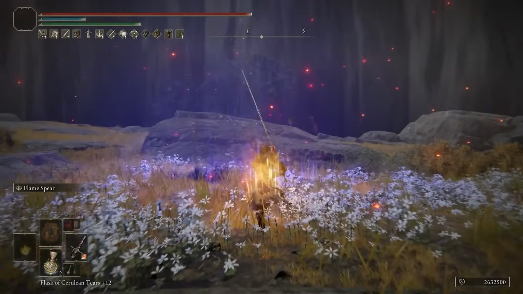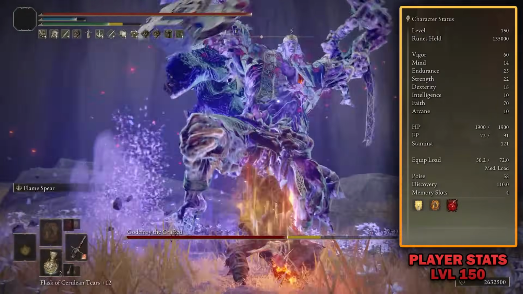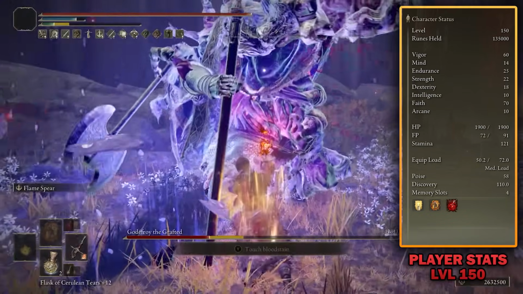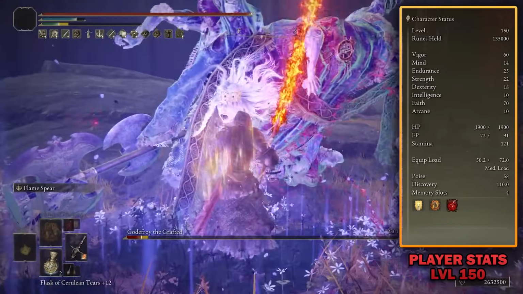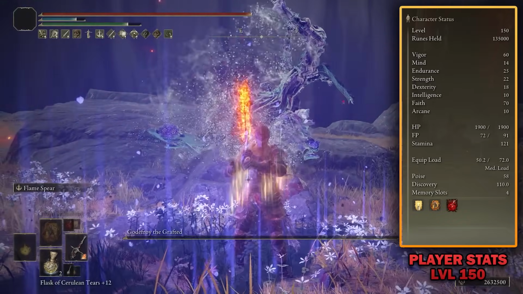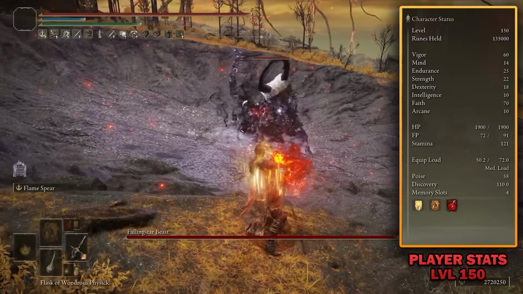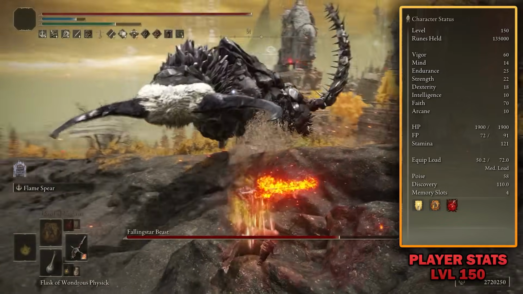But of course, to mimic this crazy damage that we're dealing, here are the stats that I was using for the build, and again, as always with these videos, it is a level 150 character. As you can see, we've got 60 points of vigor in this build, 14 mind, 25 endurance, 22 strength, 18 dexterity, 10 intelligence, 70 faith, and 10 arcane. And again, just to explain those a little bit more, the starting class of this character was a Wretch,